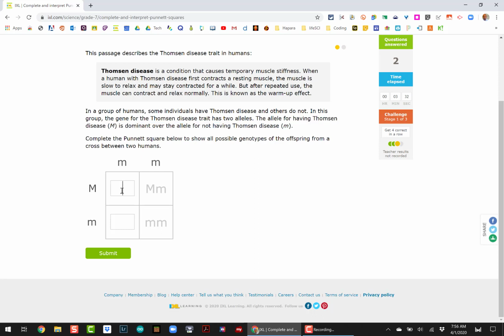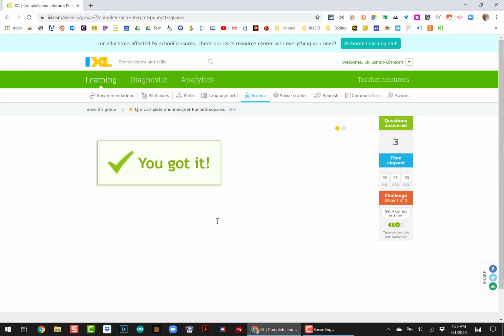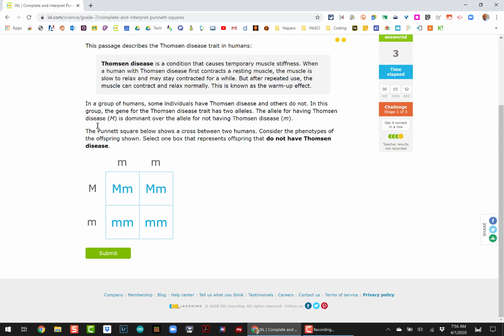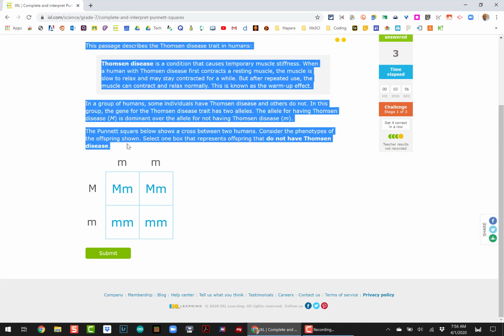So let's do the Punnett square first, since you're going to be pretty good at that at this point. This is a capital M. That's a little m. So that's capital M, little m. Good. Let's fill out this one. That'll be little m, little m, and the reason why is because that's a little m and that's a little m. So when we put those two together, that's what we get. Awesome. Now let's take a look. The same information is from the previous problem right here. So let's take a look at this last